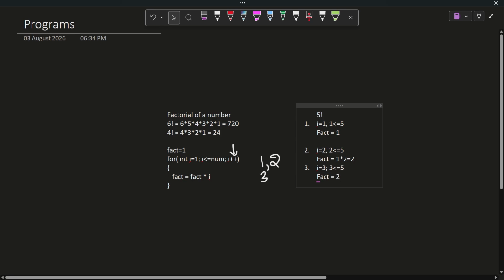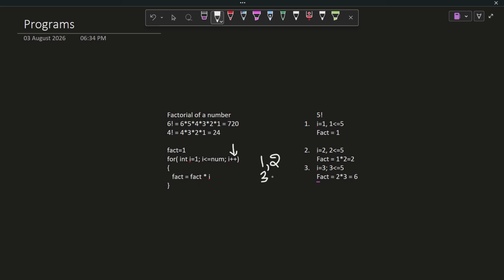It is 2. 2 multiplied by the value of i, which is 3. 3 2s are 6. Clear? Now i gets incremented to 4.